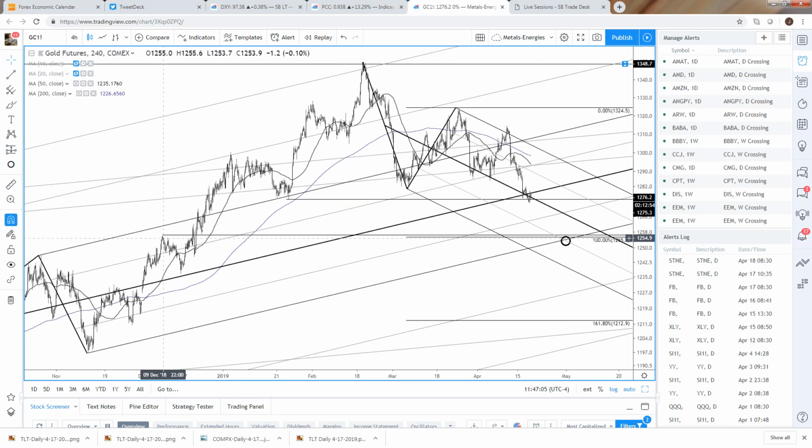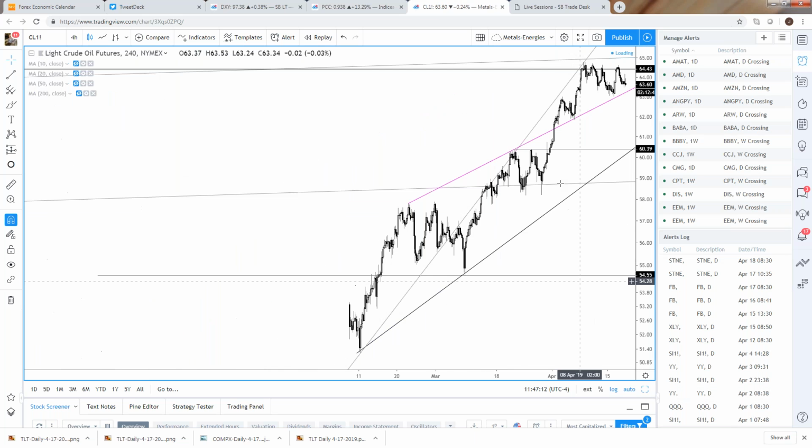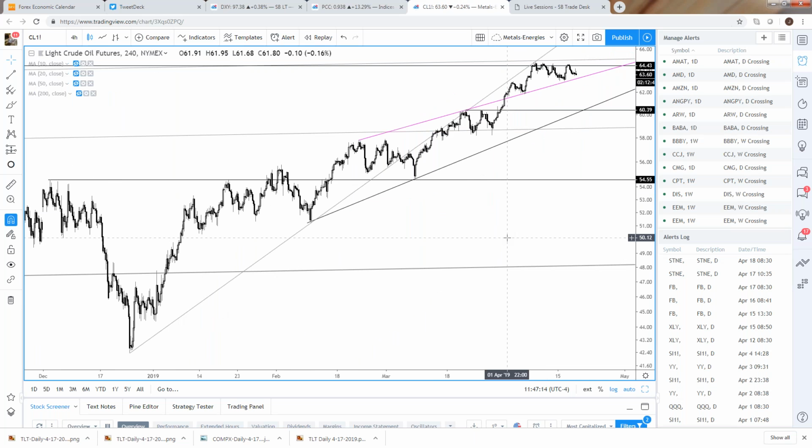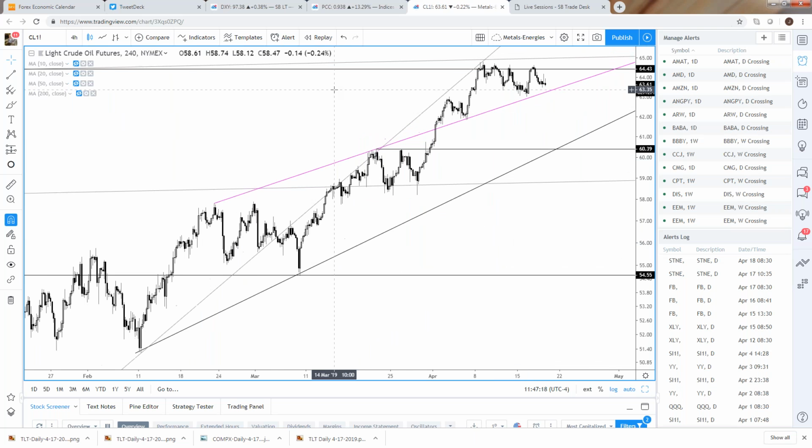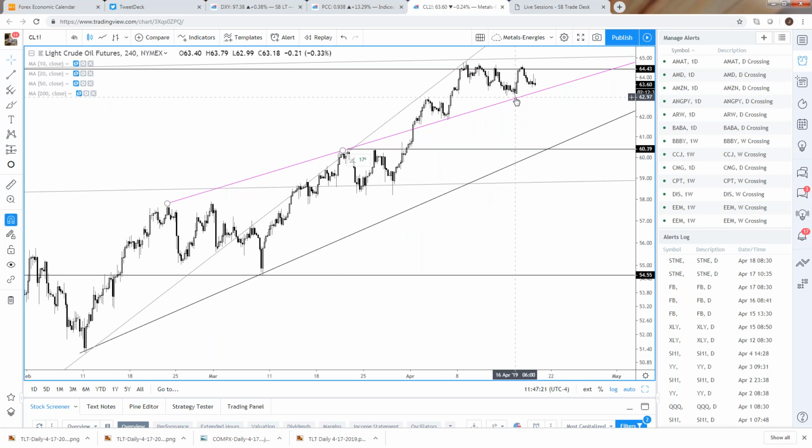High over here from December 9th, and the 200-day average. We're on a 240 chart right now. Crude oil, always a huge market to pay attention to, right? At this point, this is the same chart from the other day. We did come down and basically found support on this level,